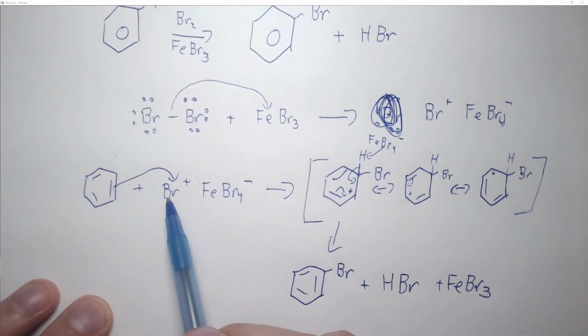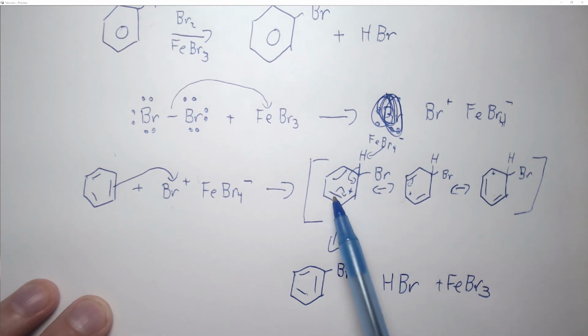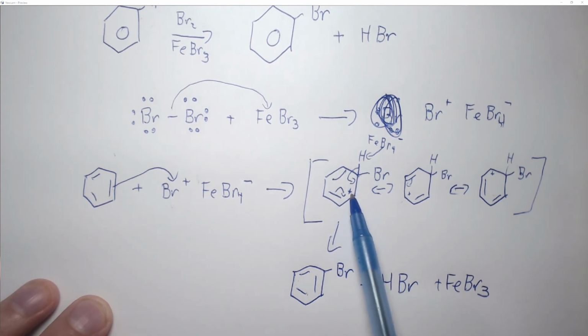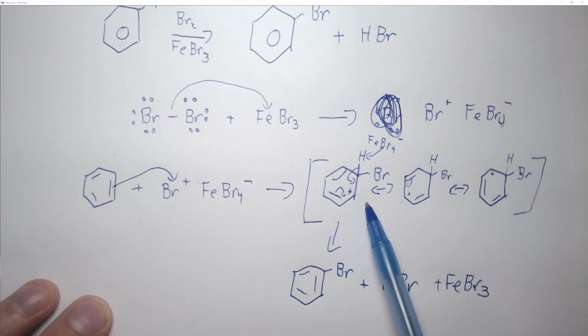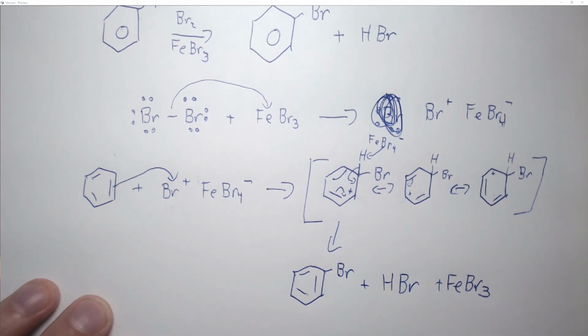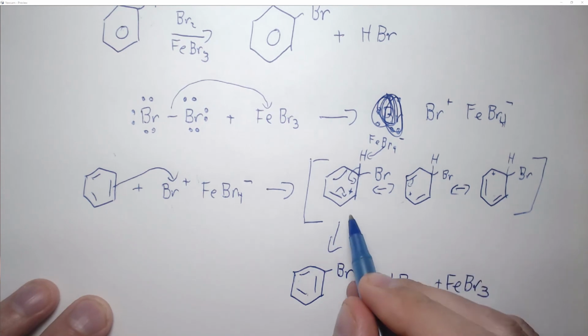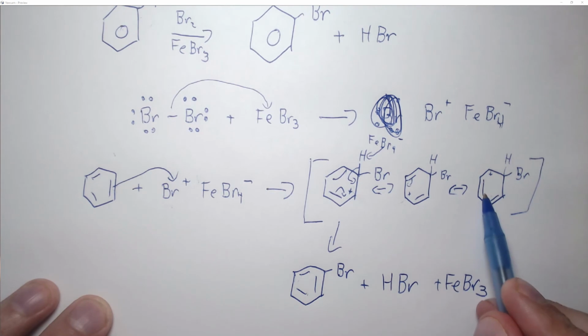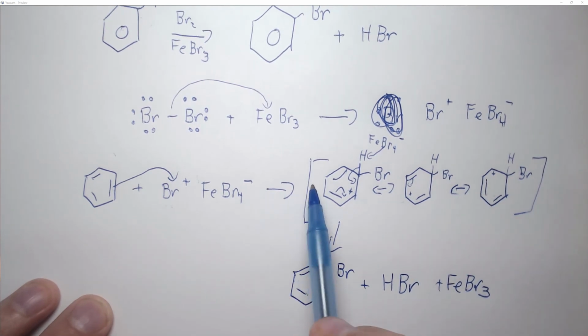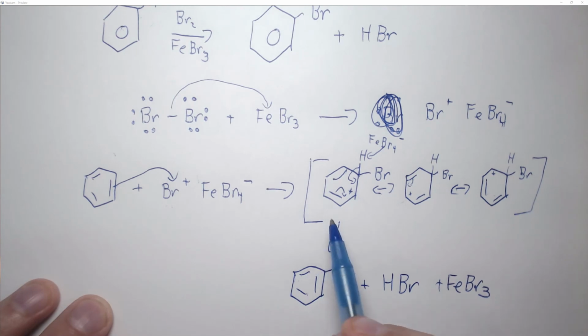After this attack occurred, we were able to find a positive charge on this carbon because it was a 3-bonded carbon. Remember, there is one H that's not shown here. Okay, so we got a 3-bonded carbon, so it had a positive charge, and that positive charge could resonate completely throughout this ring. However, this molecule really wanted to be